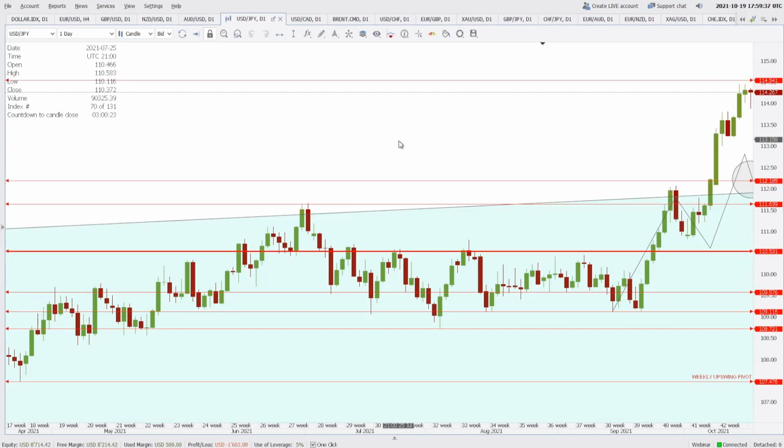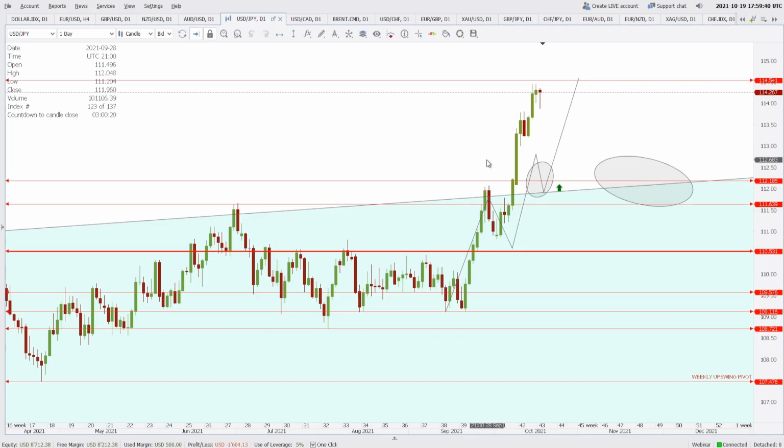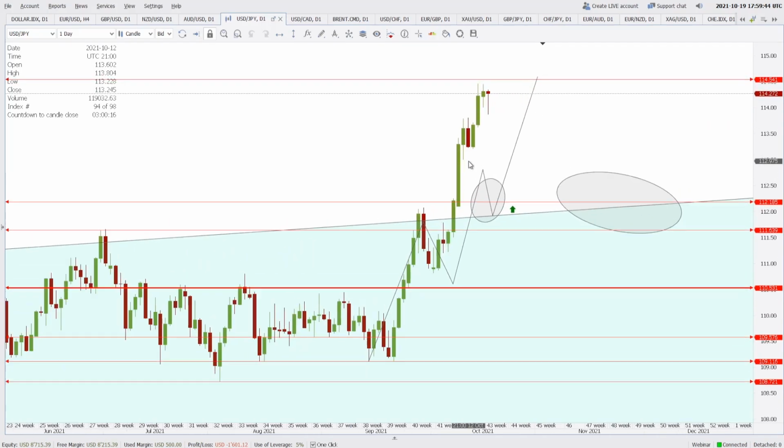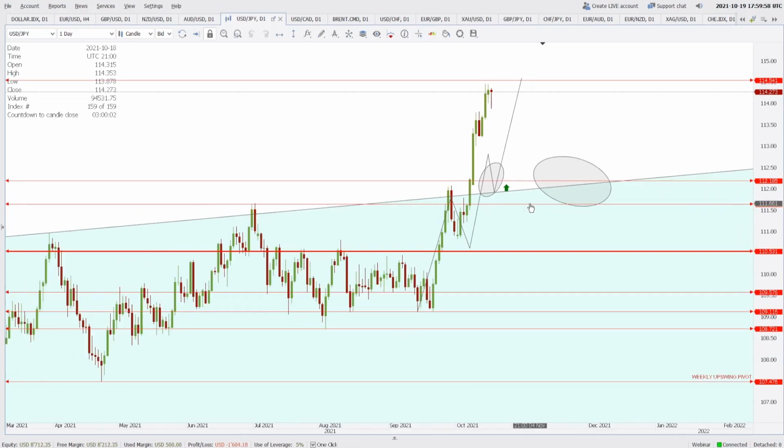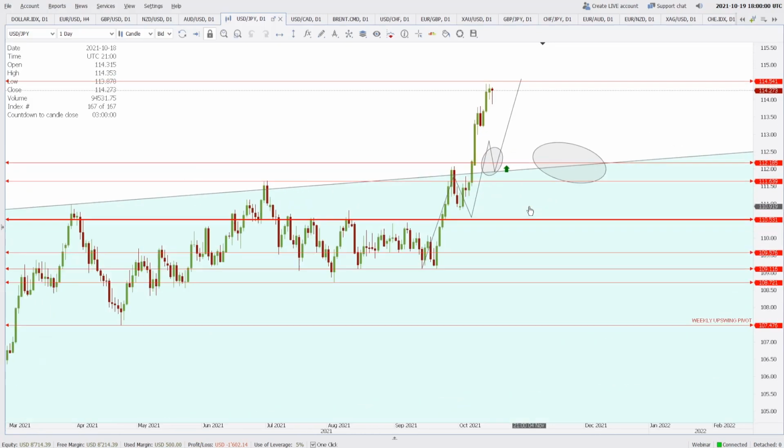Talking about the USDJPY, last week was so immense. Actually, last week I did not send any videos, I'm sorry about that, but yes, 112.18 was the resistance that we were expecting, and now the price has broken above that. We are expecting the price to come back to 112.18 to find some support here, but since the price has not stopped after that, it is only going to go and test 114.54, which is the next level of resistance